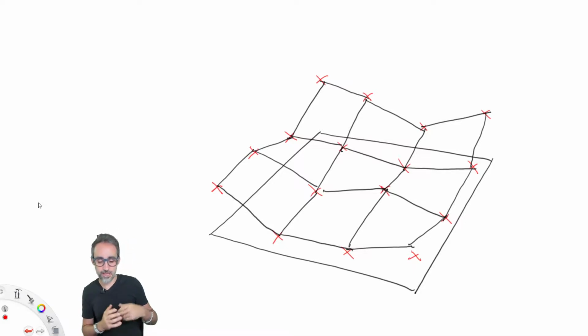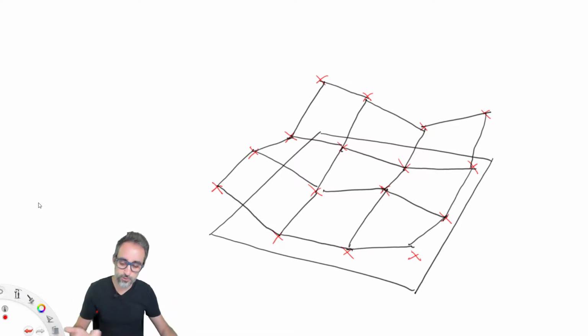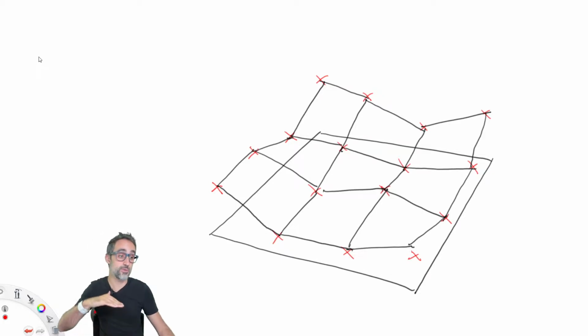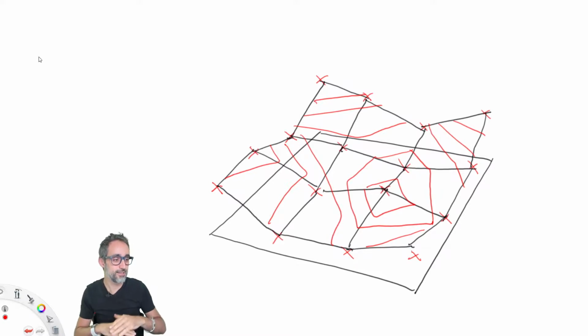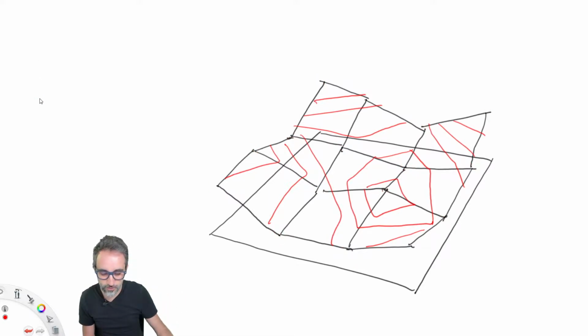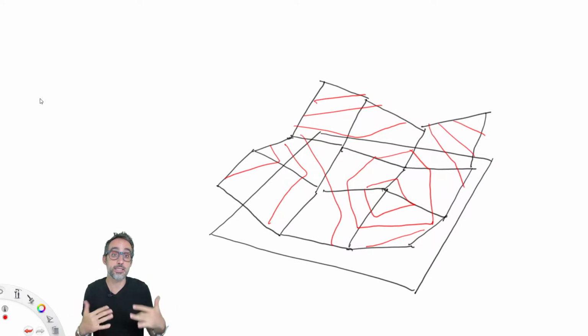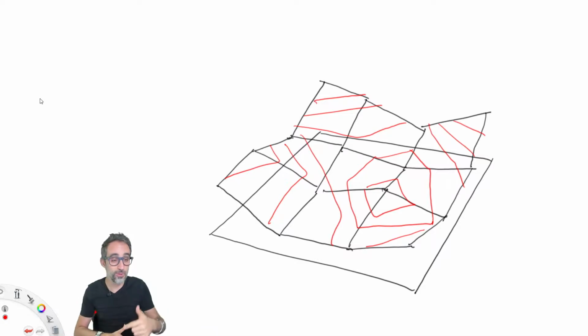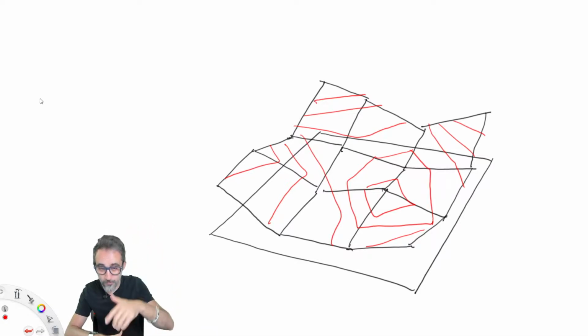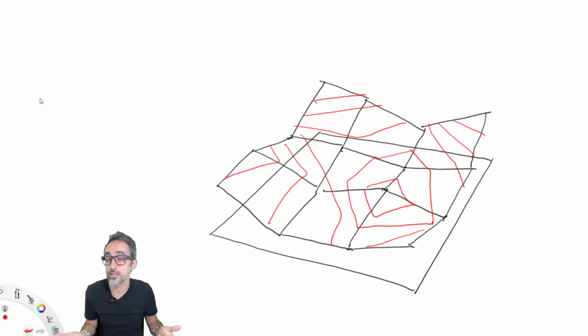After that, we will just do a very simple operation like we have done before. We will generate a set of parallel planes in Z, and then we will cut the mesh with those planes in order to create the contour lines of this terrain or of this landscape. And maybe, I don't know yet, but maybe after that, because these contour lines are going to be in 3D space, they're going to have different heights, maybe something that we could do is we could project them all together to the XY plane in case we need to print them as a map or something like that.